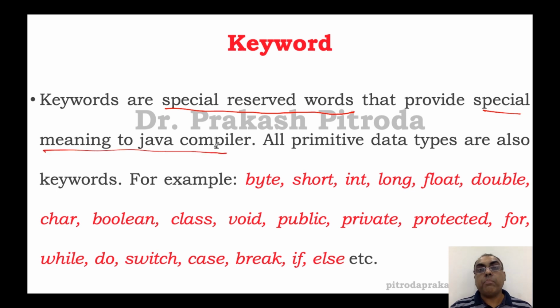So when Java will compile and convert it into the machine language, there is a meaning to each and every word. So you will find that these keywords help the computer understand what is the process to be done. So they are called keywords. There are many keywords we have seen: byte, short, int, long, float, double, char and boolean. They are technically your primitive data types as well as your keywords.